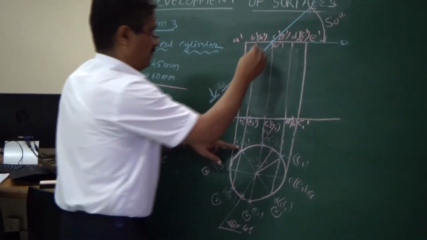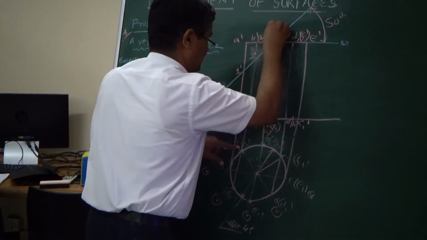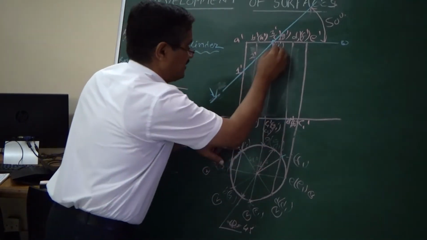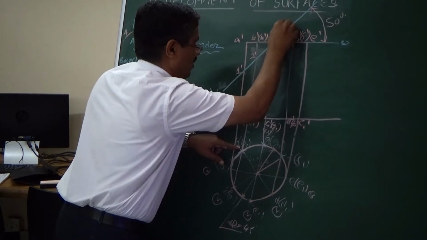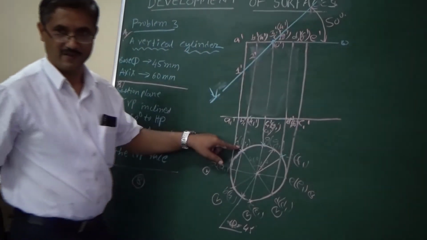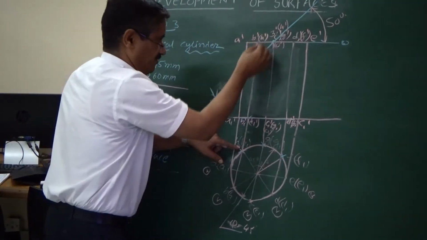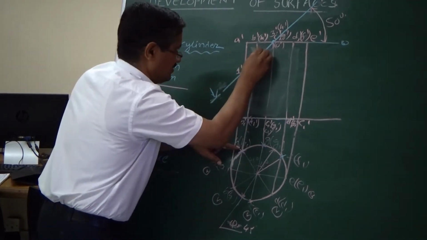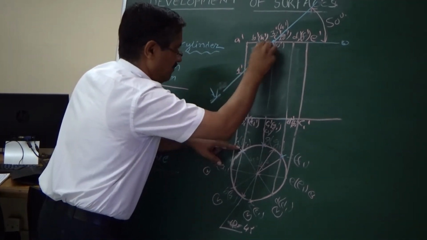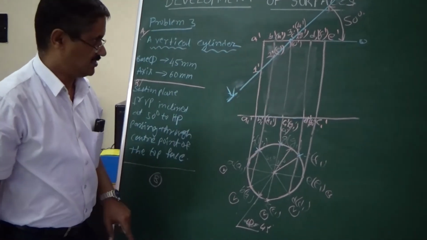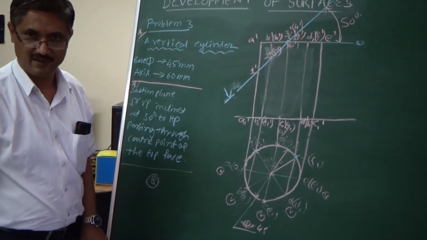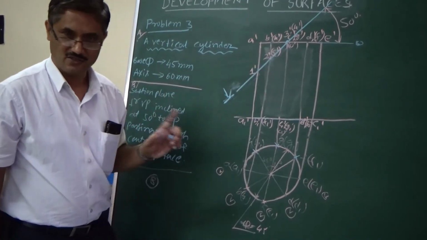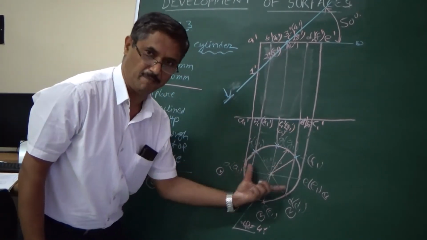So 2 more points. For the one, I will call this 3 dash. And the other one, which is invisible, I can call it 4 dash in the bracket. I will start it from here. For this point, that is invisible, so that is 5 dash in the bracket. So this is the number of points that we get. If you divide this into 12, you may get more points, but however we have done it at 8 points here.